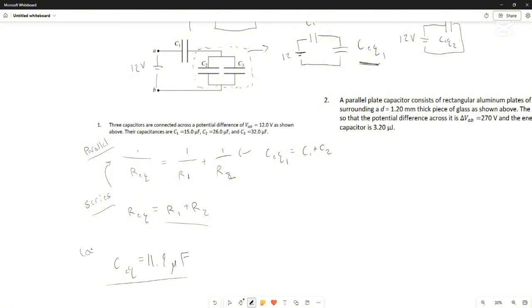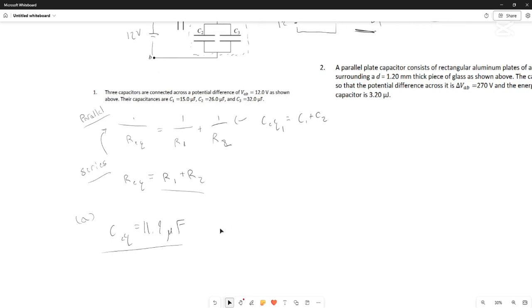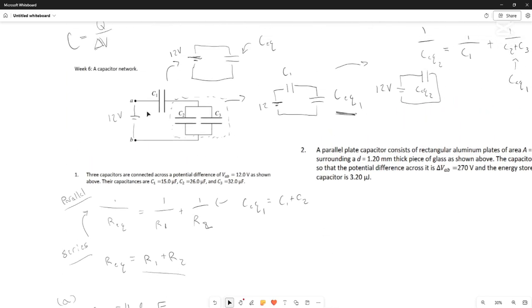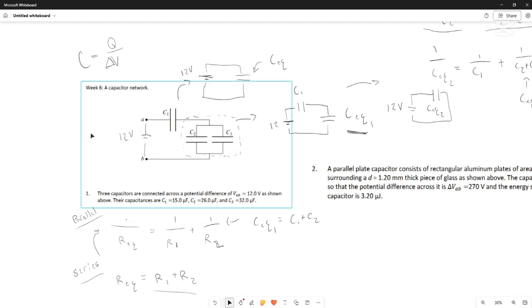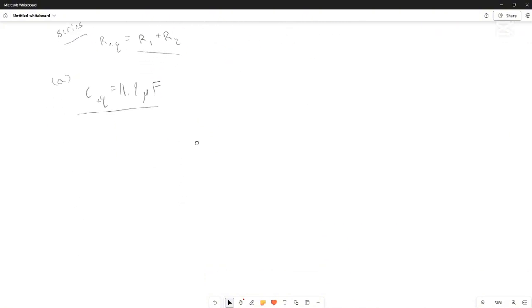And that will be the answer to part A, or the first question. For the second one, for the other question, it asks about the charge on a capacitor C1. So now what we want to find out is how much charge accumulates on the plates of the parallel plate capacitor. Important thing to know, I want to point out before going any further, is